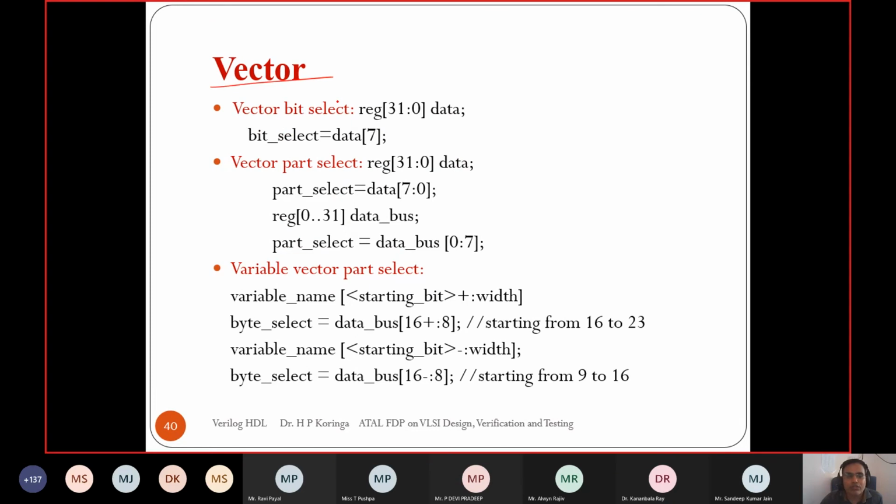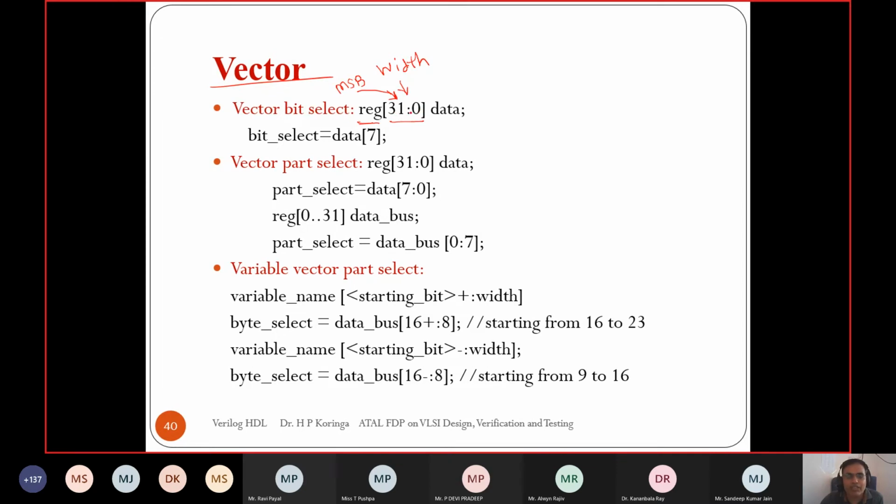Vector. As we know the structure of a vector, it is the data type reg or wire, then the width of the vector. This is the width we have to specify, and whatever we specify first will be the MSB. We can specify 31:0, and also we can specify 0:31.